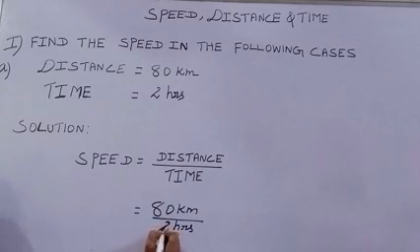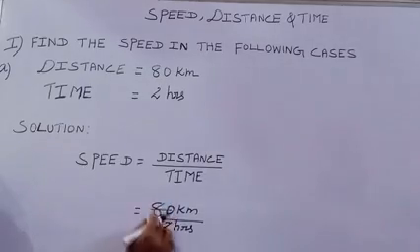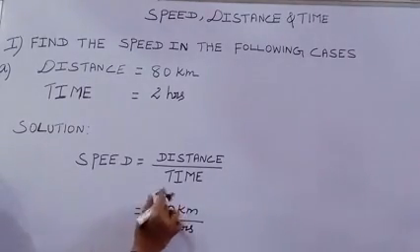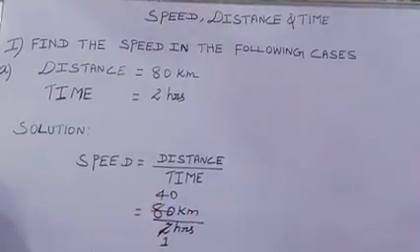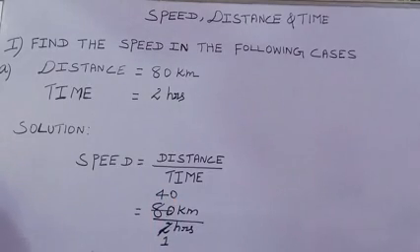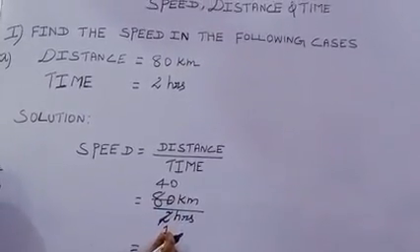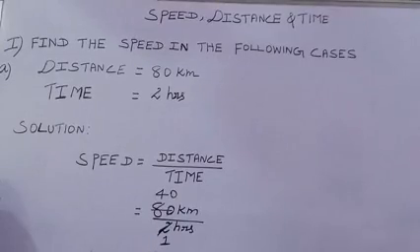So both the numerator and the denominator can be divided by 2. Because in one's place you have 0, that should be divided by 2. So 1 2 is 2, and how many times 2 in 8? 4 times, 0 remaining. So I write it down here. Now I get the value 40. In the denominator you have 1, so leave it. 40.